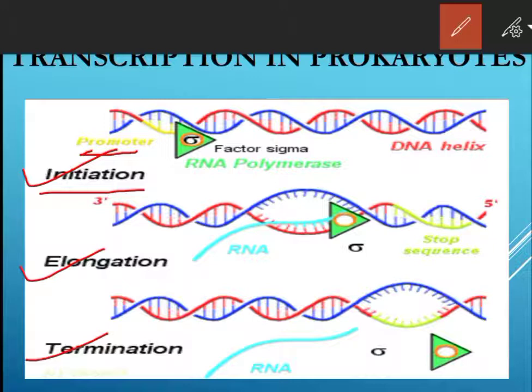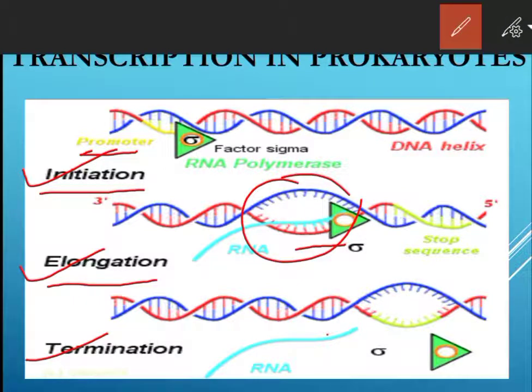Then the second step is elongation. Chain elongation proceeds in the 5' to 3' direction and the transcription bubble travels with the RNA polymerase. This is the transcription bubble. Right, so it travels with the